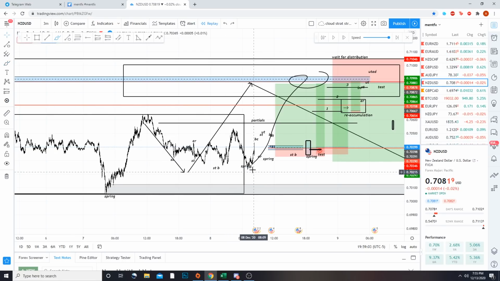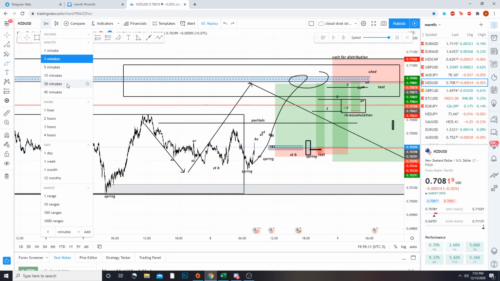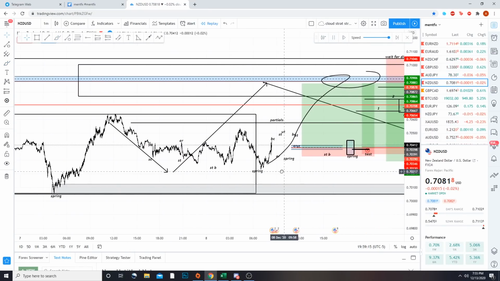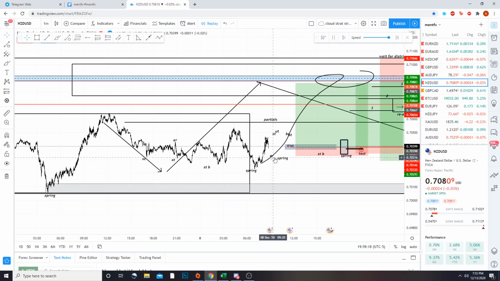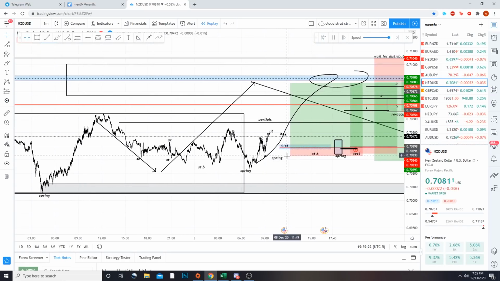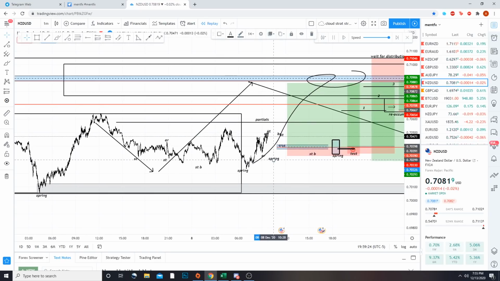Now at this point, after we formed a spring, we expected that price would most likely hold above this. And if it was to, we wanted to see a potential re-entry within these areas. So as we got lower on time frames, we began to watch inside of here. And as you'll see, you saw this unfold again: the buying climax into an automatic rally, into a secondary test, into an upthrust, into a spring.